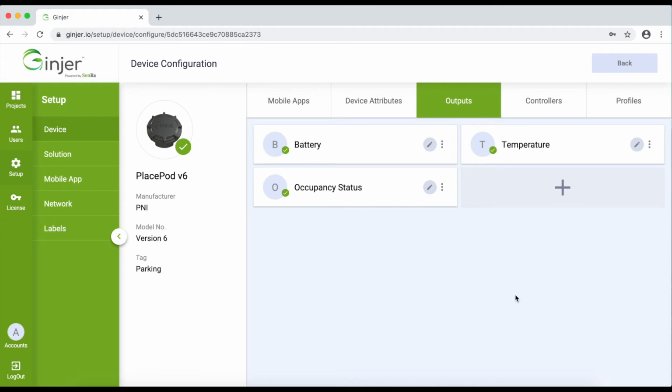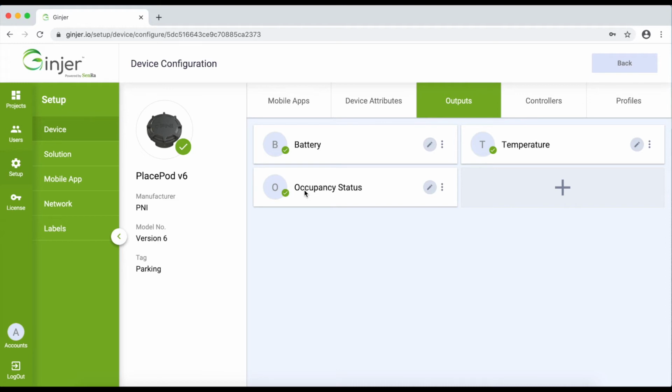In the different bytes, it will transmit certain values, and then you can decrypt those different bytes into Ginjer by creating these outputs. So for example, this sensor sends some bytes that represent the battery of the device, other bytes that represent the temperature of the device, and then the main purpose of this device, which is what we call